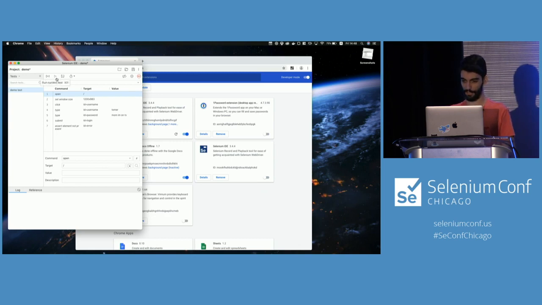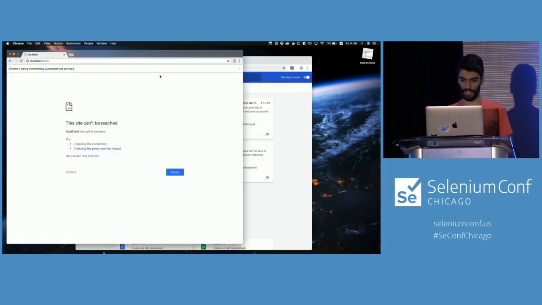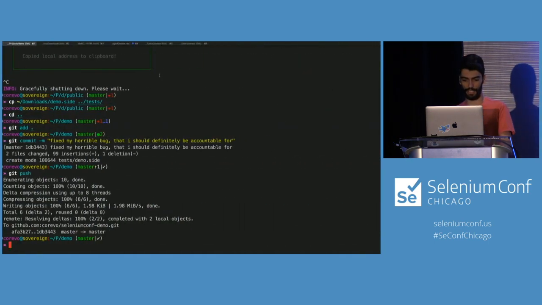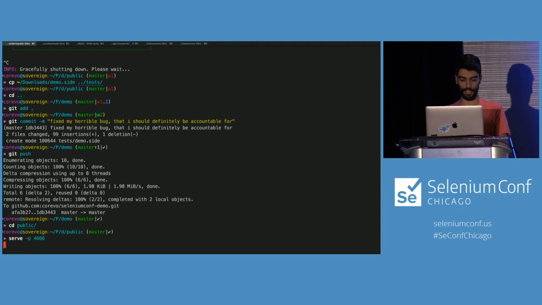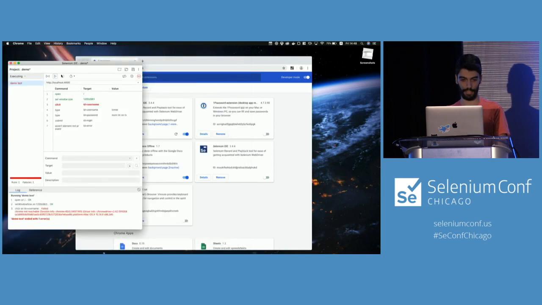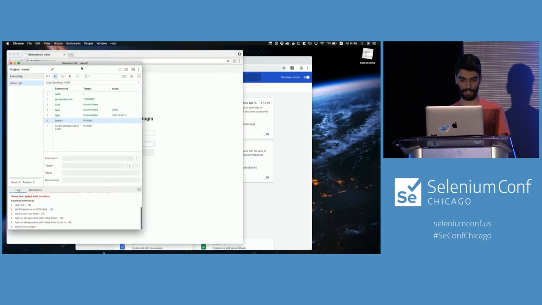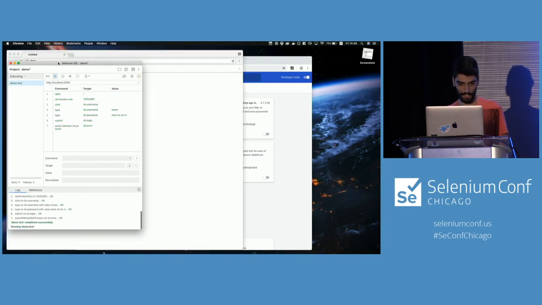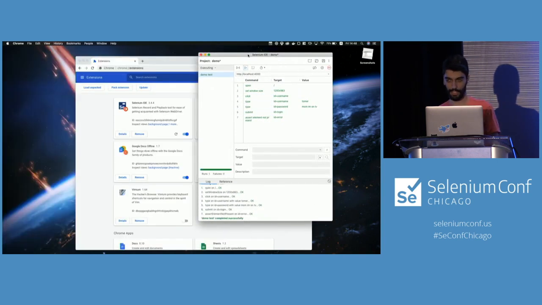So the difference is, and if you look very, very carefully, it's actually running in Chrome driver, which is not working. Why is that? Did I stop the server? Oh yeah, I did. Let's do that again. Here we go. Yeah, die. Let's do that again. All right, let me do that again.